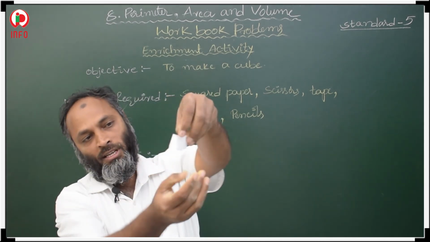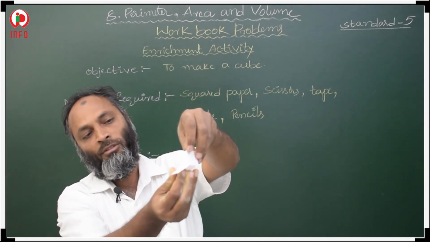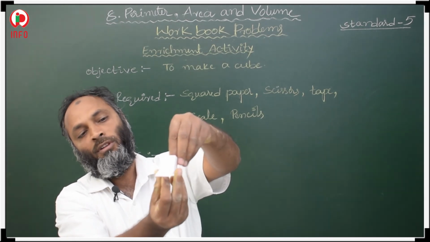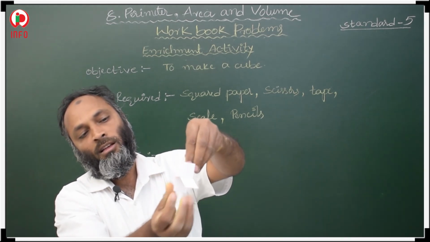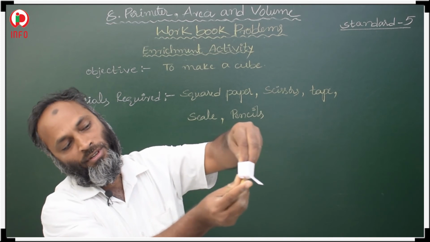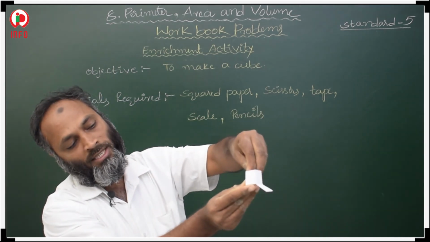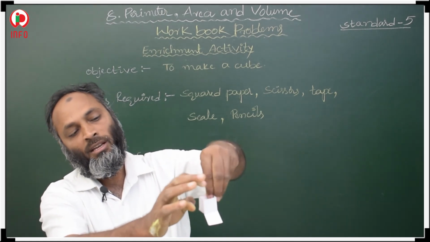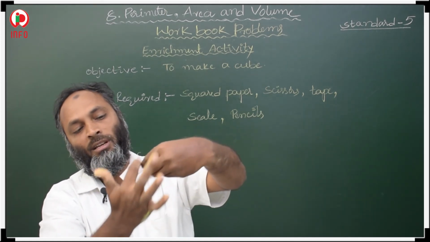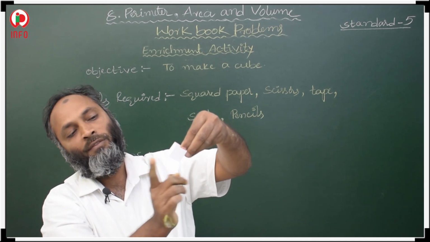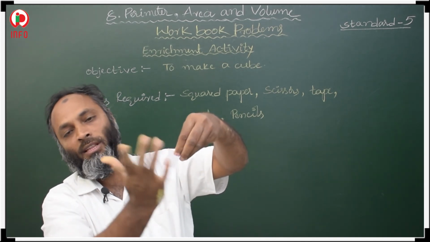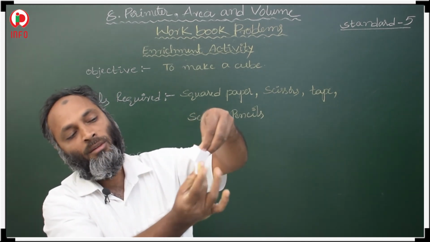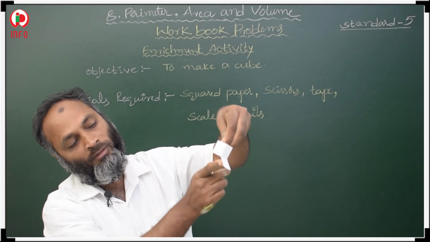Then after that, here in the bottom, fold one square. One more square is left. So this square is left. Here the top portion is empty. So this portion is left. If the portion will come on top, then we can prepare a cube. Here this top portion came in downward direction.